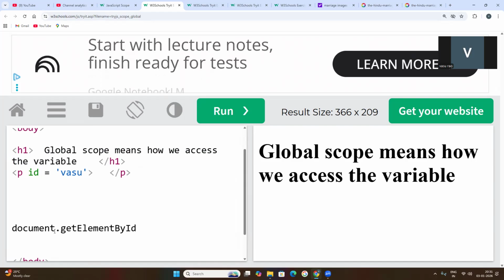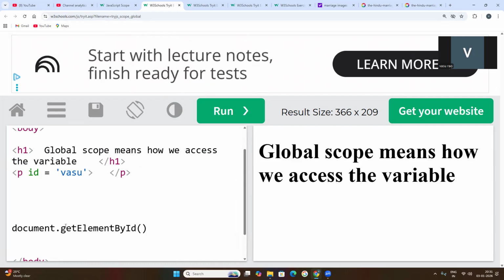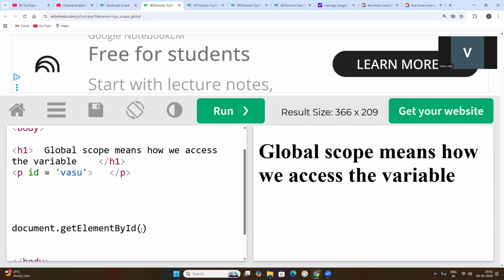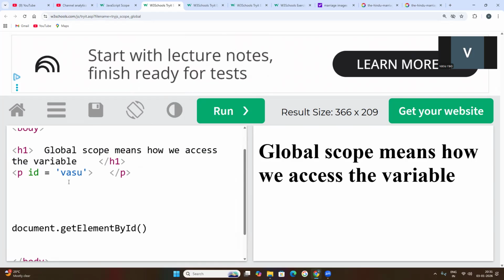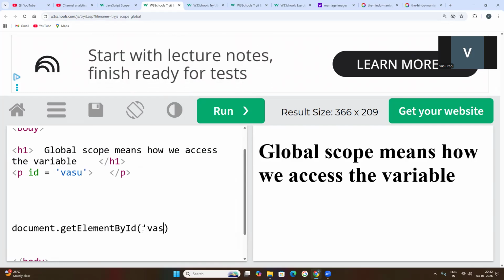I told you that this is the most used JavaScript HTML method to display the content on the screen. This ID attribute value is to be passed here as it is.